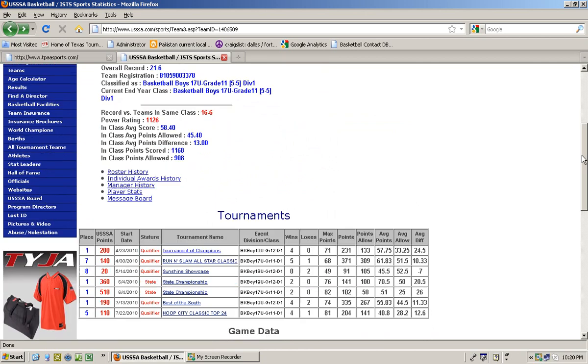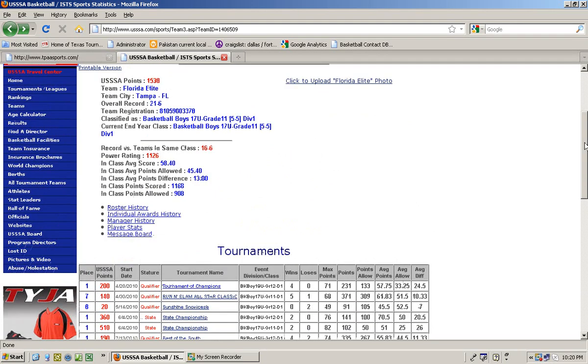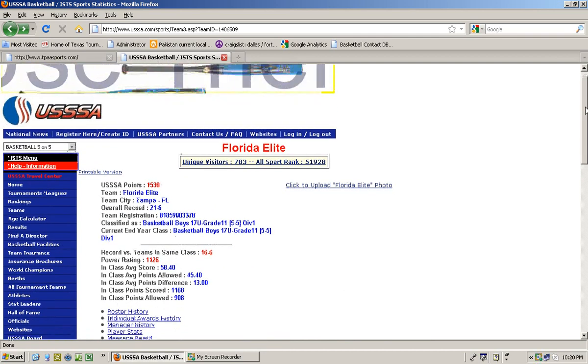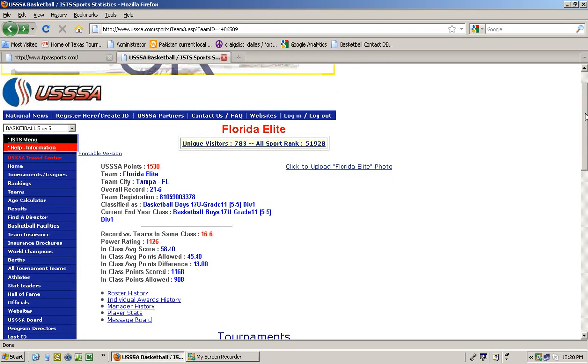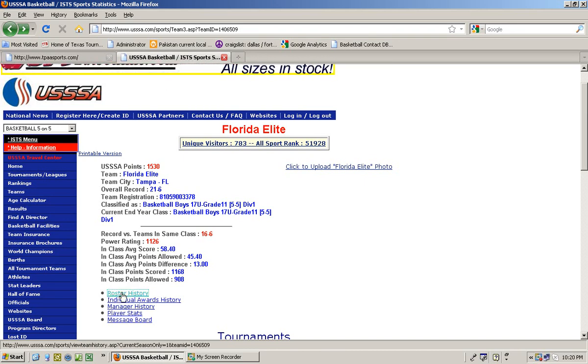Now, we talked about roster controls. We talked about the need to be correct in putting that information in your rosters. We talked about having to turn that roster into us as you go through your team check-in process. Well, let me show you another cool feature. And again, this is where the rubber meets the road. If you go to roster history,